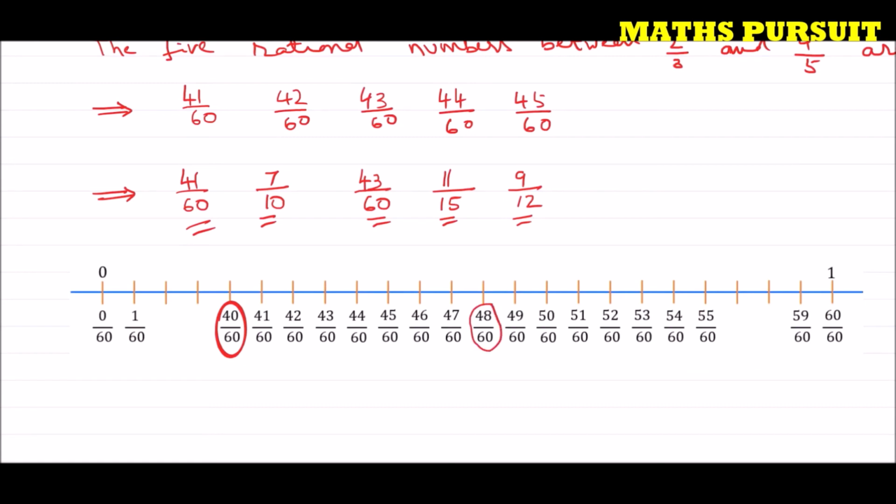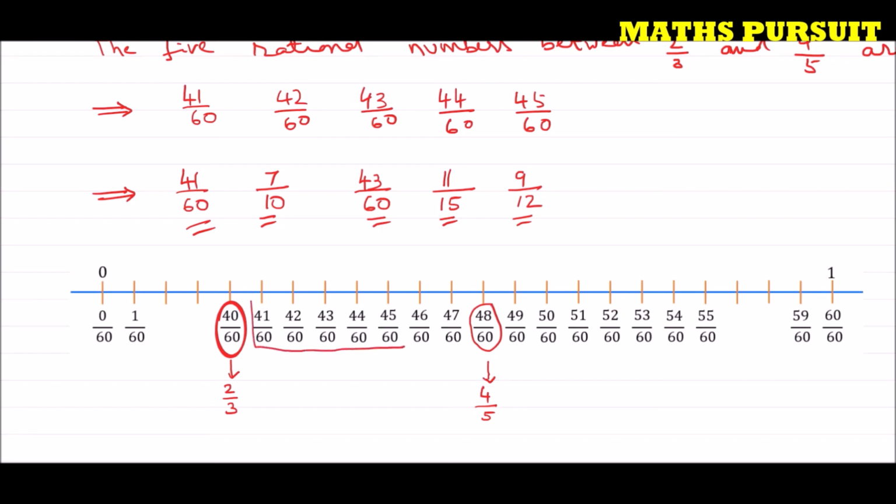And if you solve these, you will get 2 2s are 4, 2 3s are 6. That means if you solve here, you will get 2 upon 3. And if you solve this one, you will get 4 upon 5, because 12 4s are 48, 12 5s are 60. Similarly, 40 upon 60 is nothing but 4 upon 6, 2 2s are 4, 2 3s are 6. This is what is given in the question.